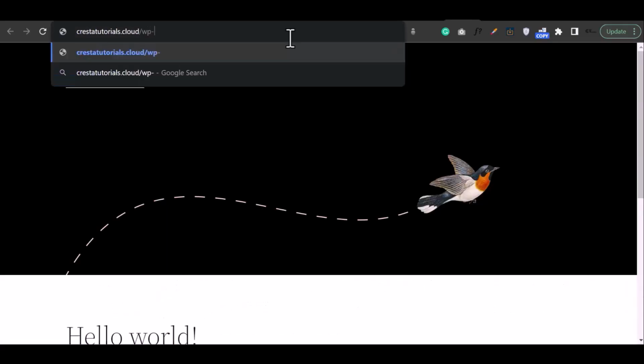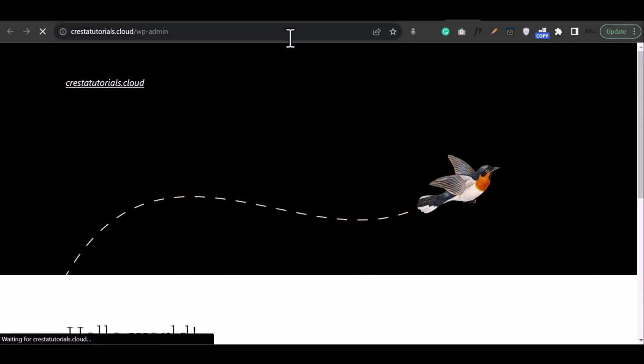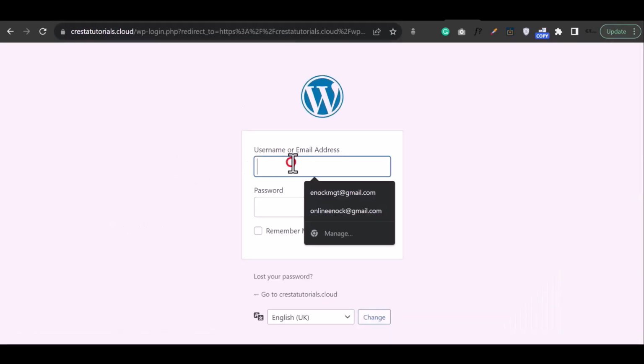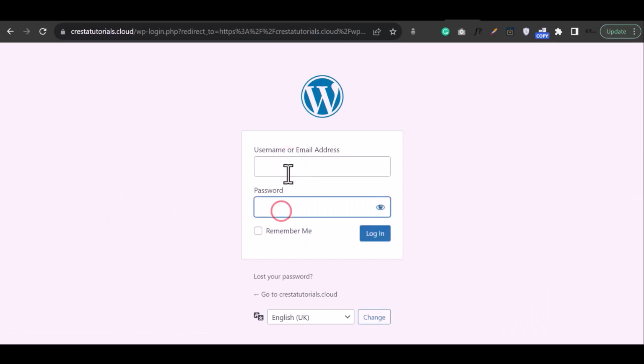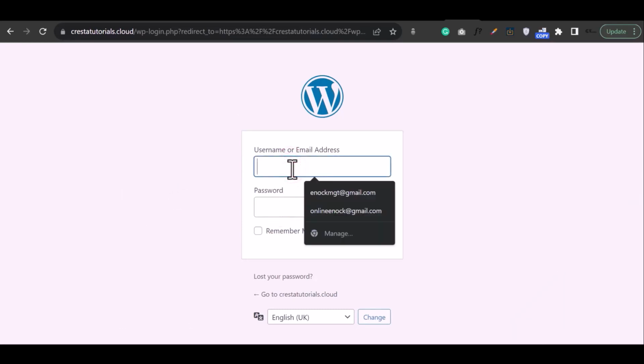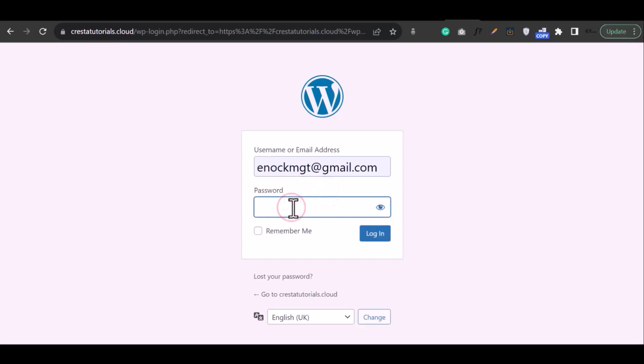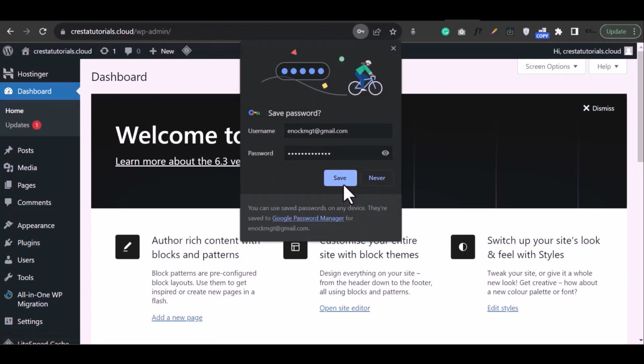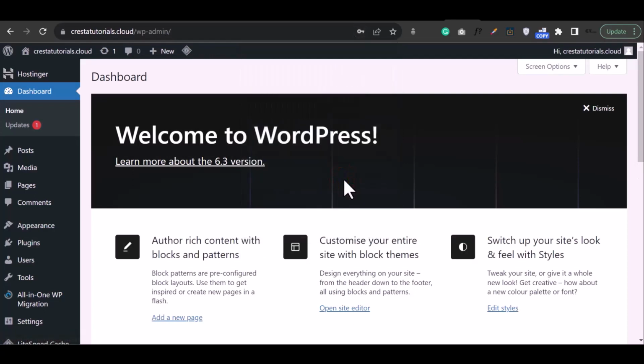Another way to log into WordPress that I have to show you is to add this extension of wp-admin at the end of your domain name. And it will lead you to this login page where you can type in your email that we just configured a few minutes ago, then also the password that you set. So you can go ahead and type in your email, then add your password, and all you have to do is click login. Okay, and once you're here, you can decide to save these passwords in Google Chrome,